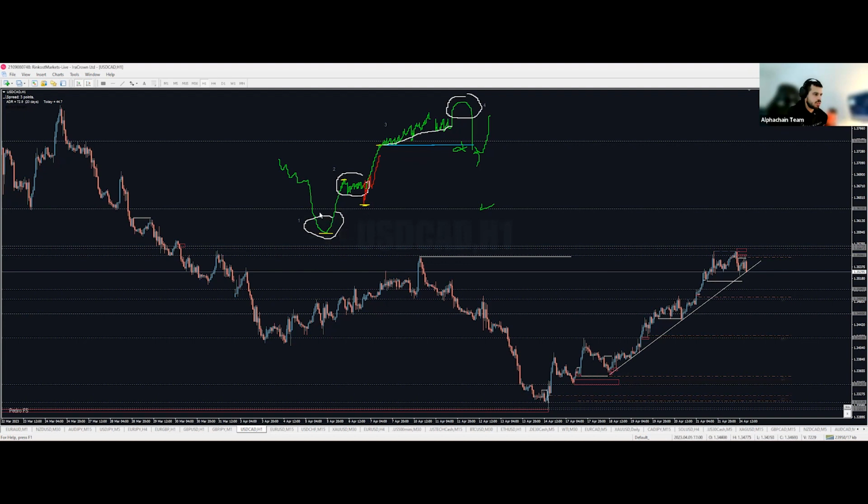First of all, if by any chance you identified number 1, if you identify the low and you don't manage to get into a long position in here, you can start trying to identify what number 2 is going to be, when it's going to happen, and if it's a number 2 or just a continuation to the downside, right? A way to try to predict if this is a number 2